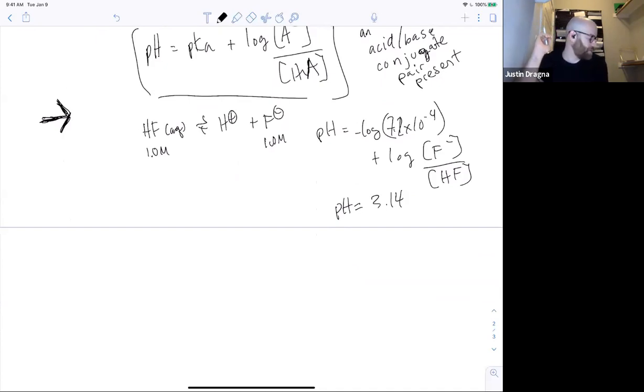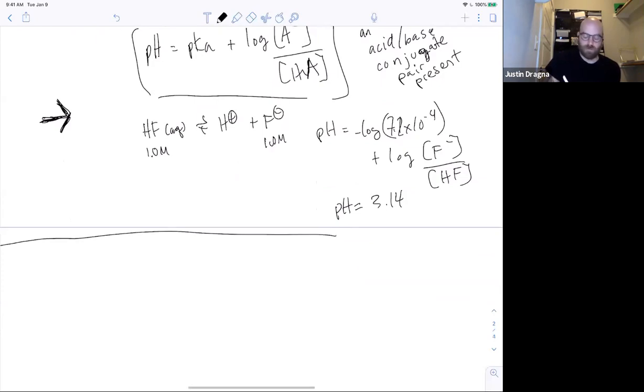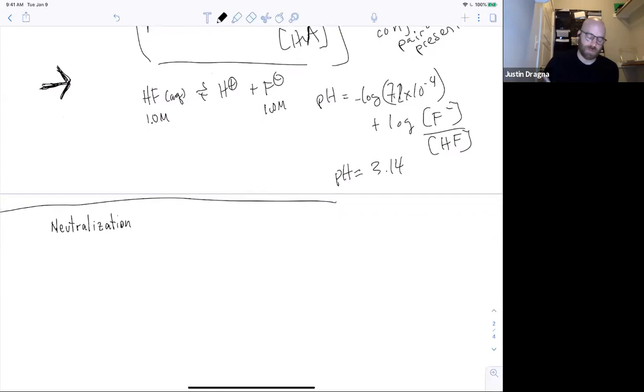Yeah, neutralization problems. We can work some more neutralization problems. I think the main thing with neutralization is to make sure you break up the problem appropriately. And I think I'm probably rushing through the first part too fast. The classic, not advanced problem would be to say, what is the